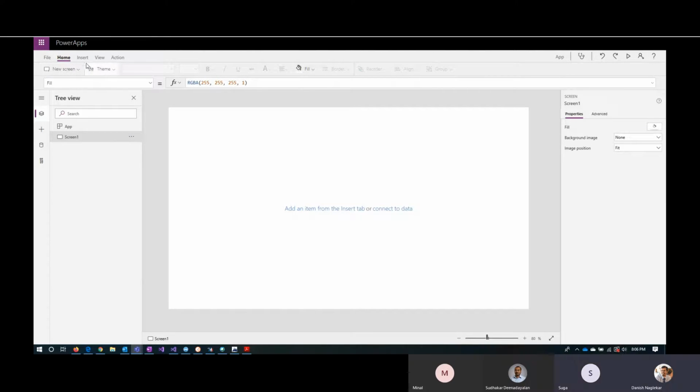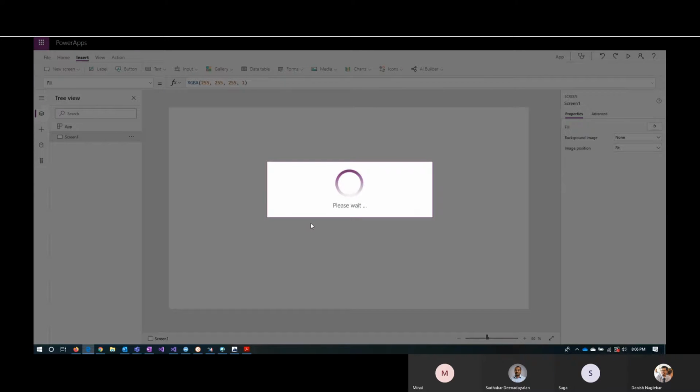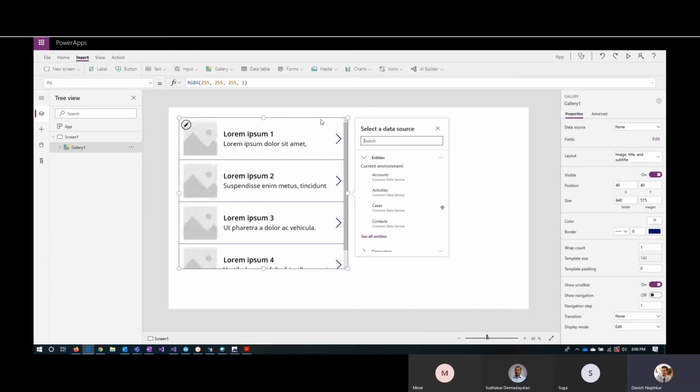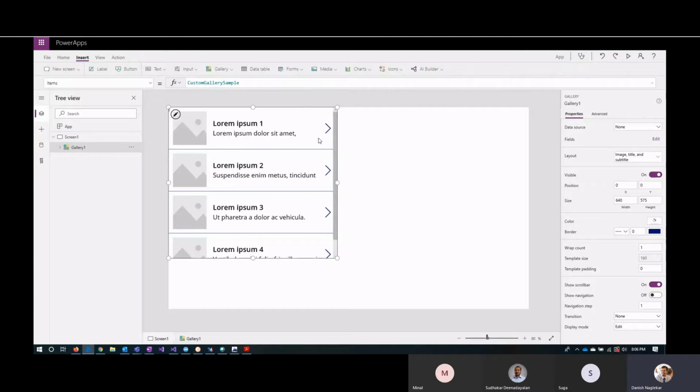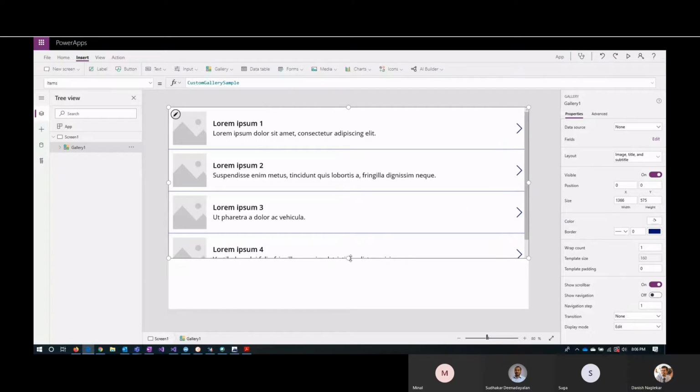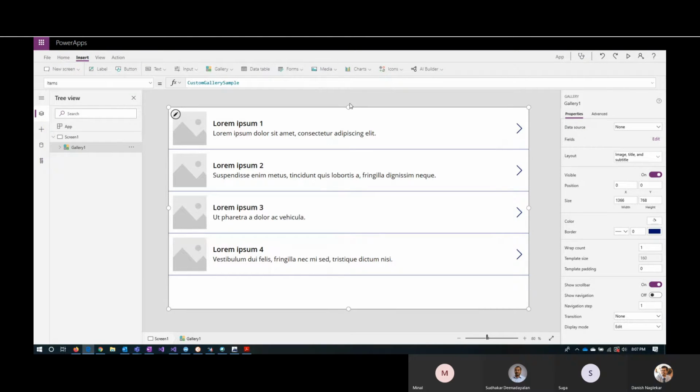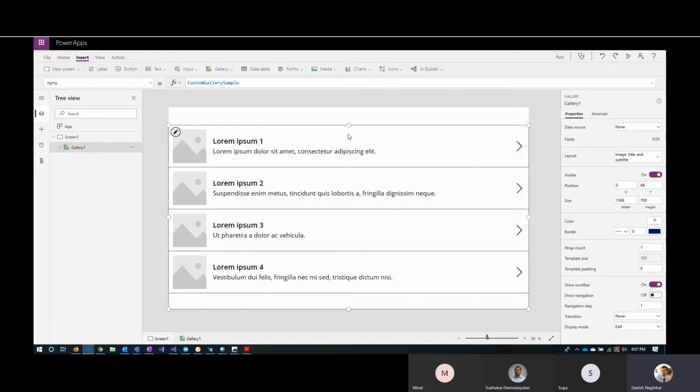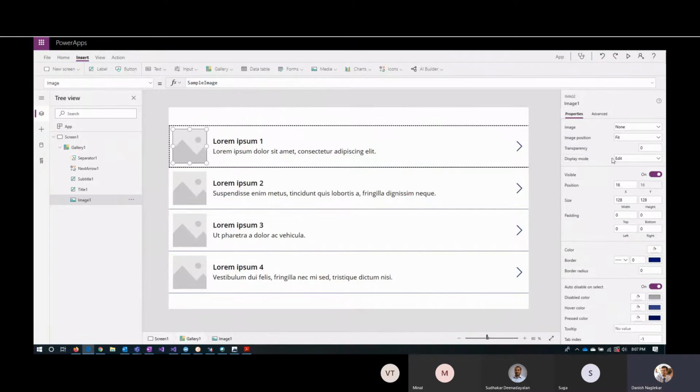Okay, so first thing is we would insert a gallery. And today, for some reason, my internet is slow. Okay, so now we added the gallery. Let's expand it. Okay, and then we don't want